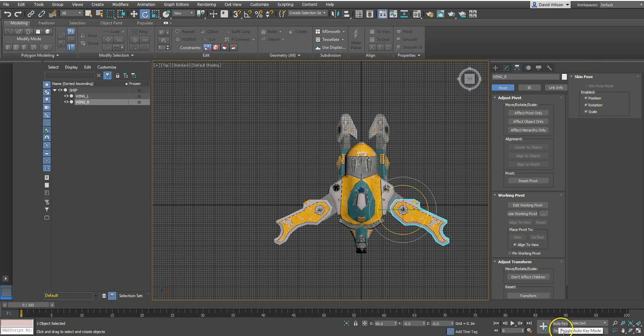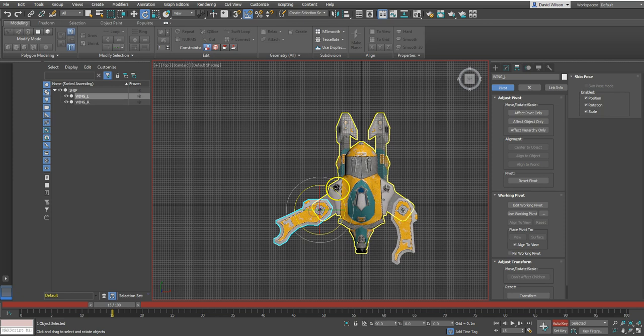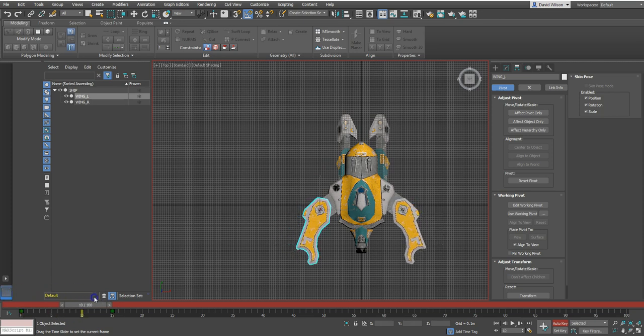If I hit auto key, then move 15 frames, and then rotate this. In fact, I'm going to use my angle snap. So let's say 60. I do the same with this one. Then we get an animation where,